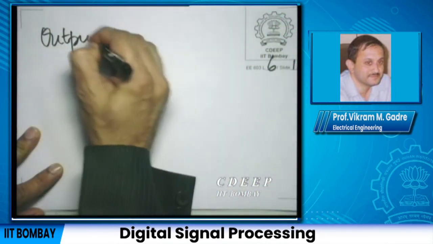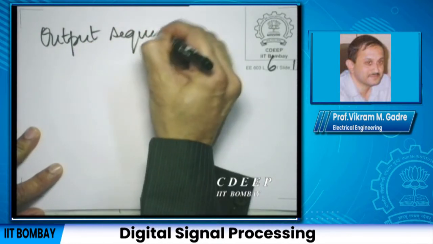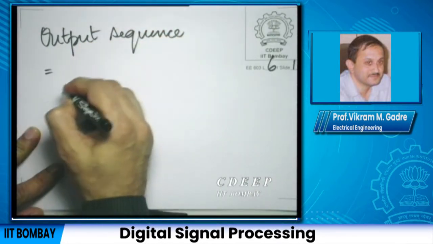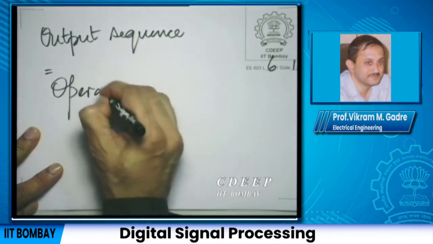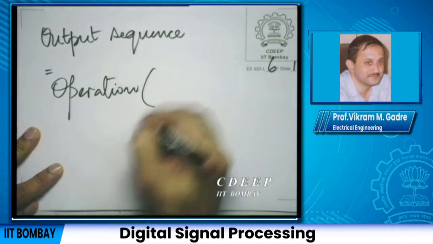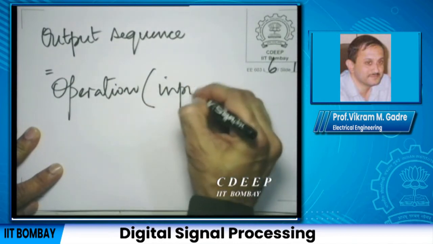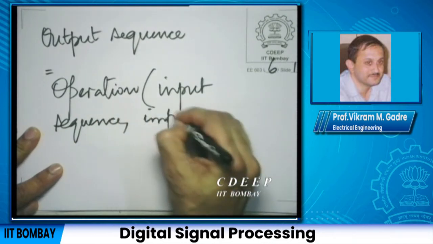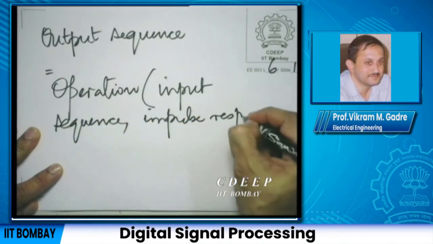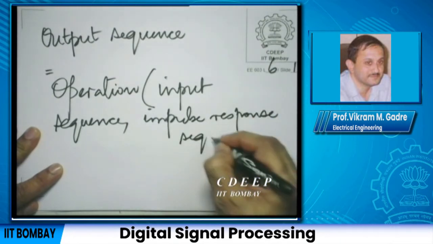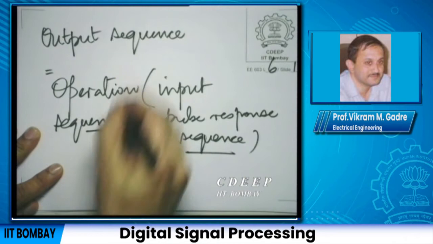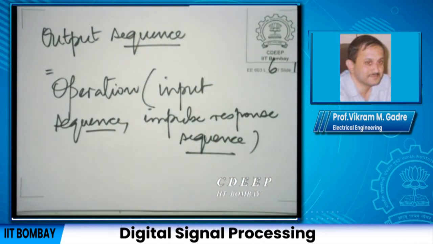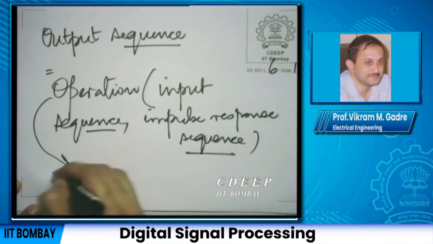So, we are saying that the output sequence is obtained by some operation acting on the input sequence and the impulse response sequence. It is an operation between two sequences, and therefore, let me underline sequence everywhere. We will give this operation a name. We will call this operation convolution,